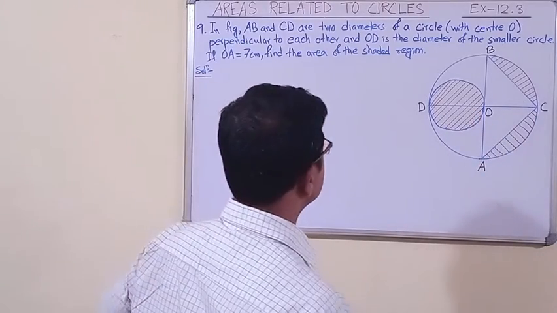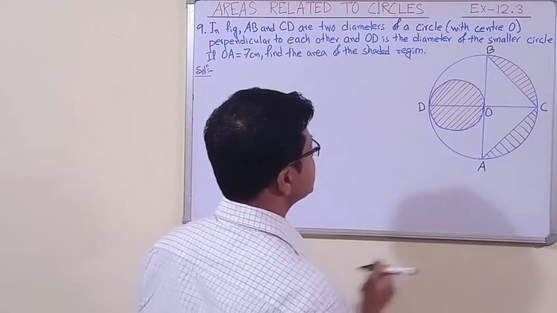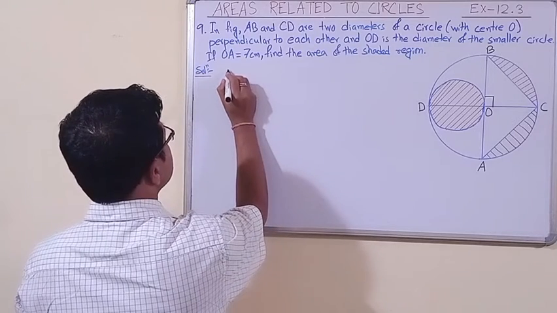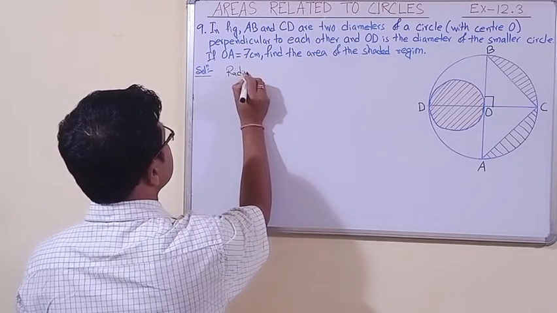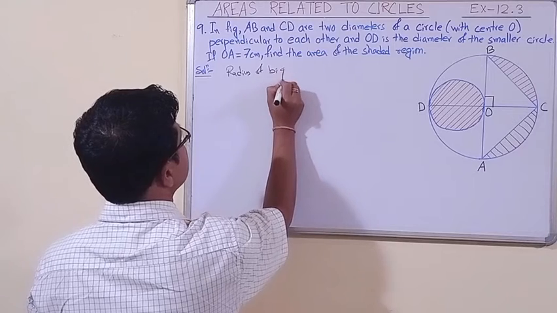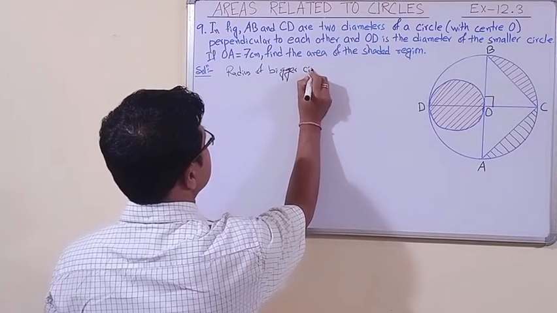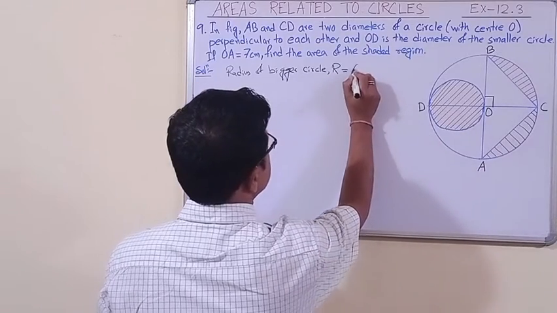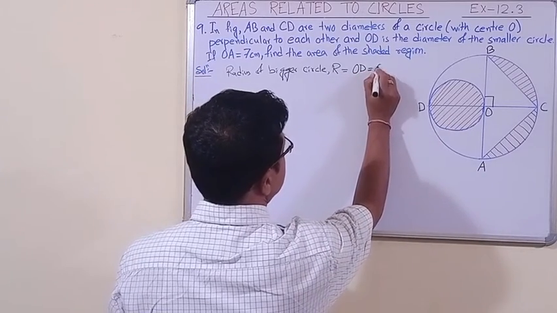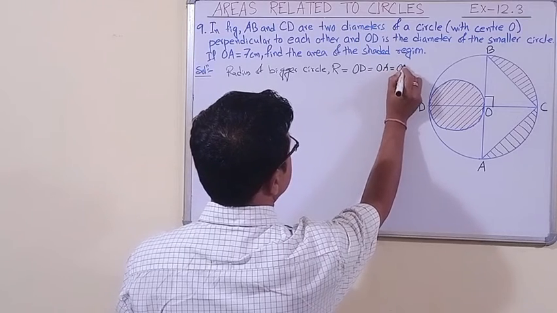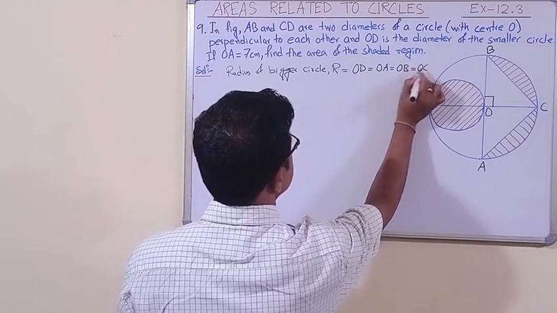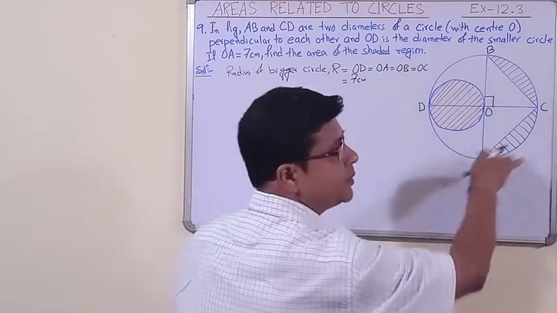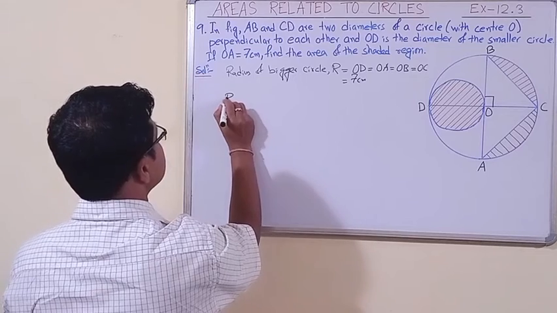Alright, now let us see what is given here. At first, you see this angle is 90 degrees, it is given. So the radius of the bigger circle, let us represent it by R. So OD is equal to OA is equal to OB is equal to OC, each is equal to 7 centimeter, the radius of this bigger circle, and also the radius of the